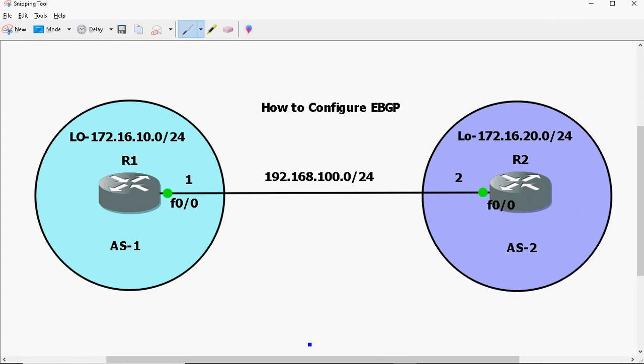Okay friends, I hope you understand the concept of how to configure external border gateway protocol and also how to advertise our LAN network to BGP. The only thing is, when you are advertising a LAN network in BGP, you should give the exact subnet mask, and only then will it advertise to the neighboring router. Whenever we give the network ID and mask, it will check the routing table with show ip route. If that entry is not there in the routing table, it won't advertise to BGP. So you should remember these things.